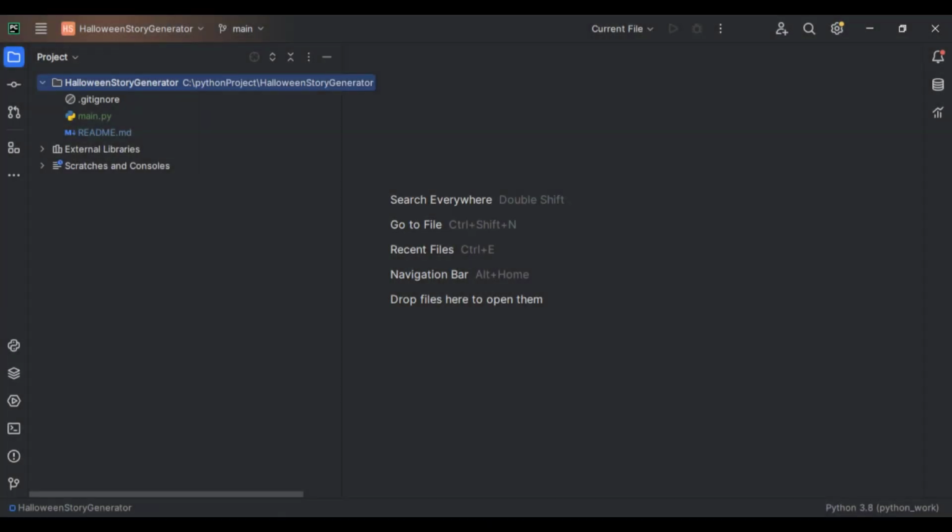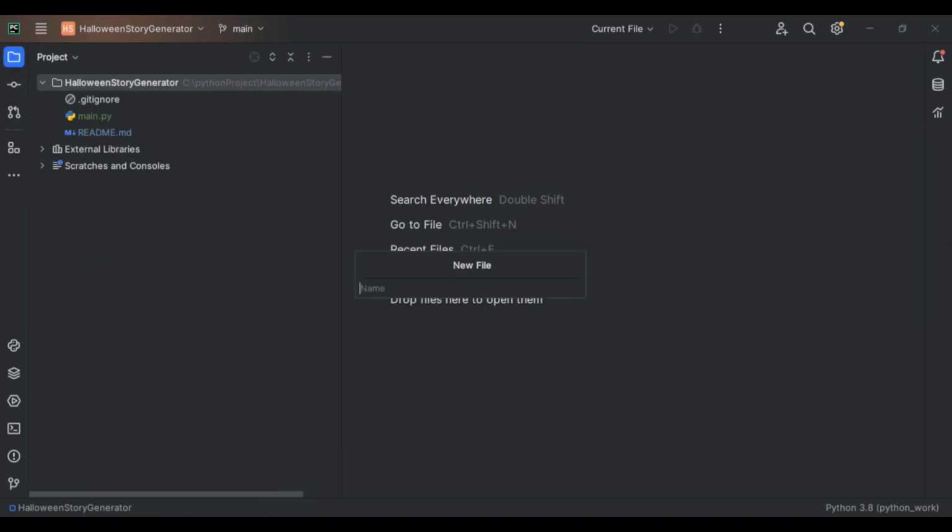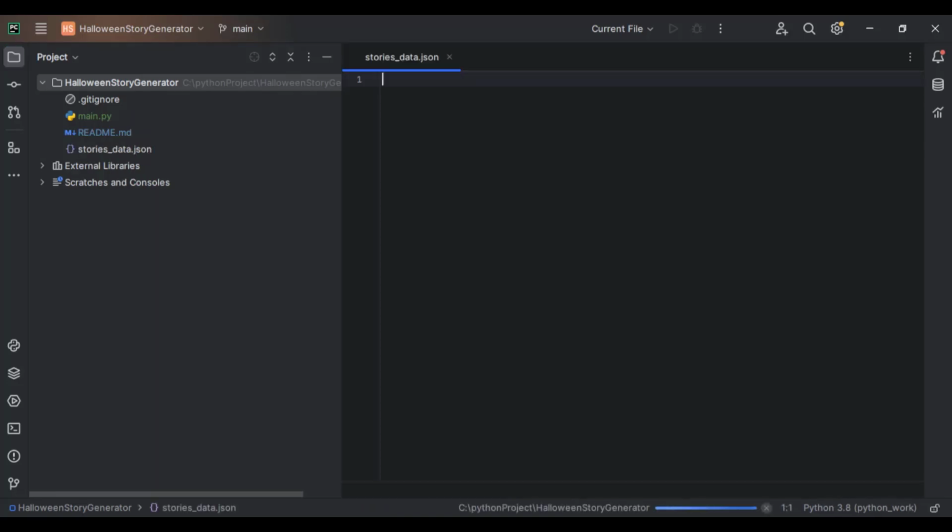Hello everyone. Today, we're going to create something really fun, a scary story generator using Python. We'll store all the elements, like places and creatures, in a JSON file to make it easy to manage and expand. Let's jump in. First, we need to create a JSON file where we'll store all the components of our